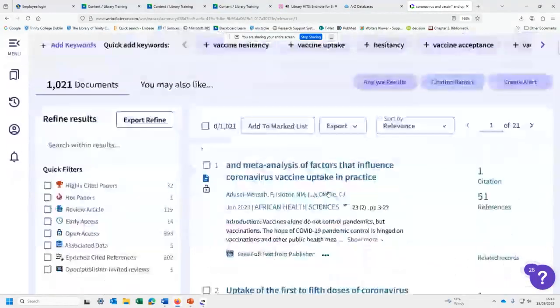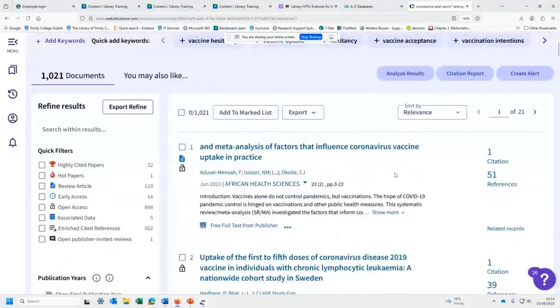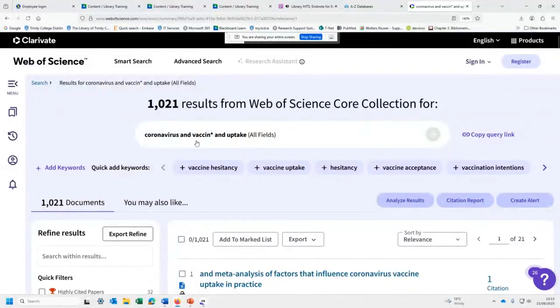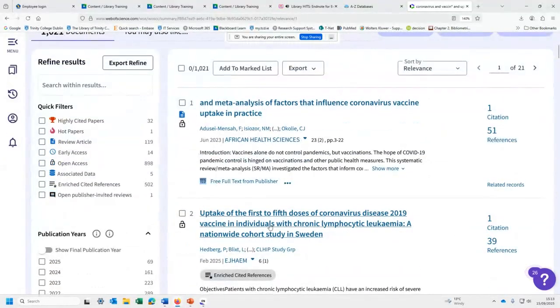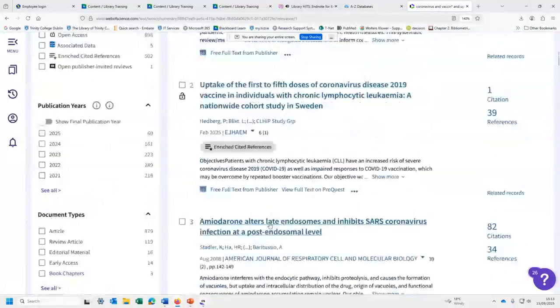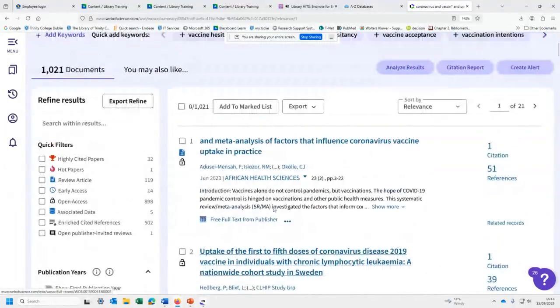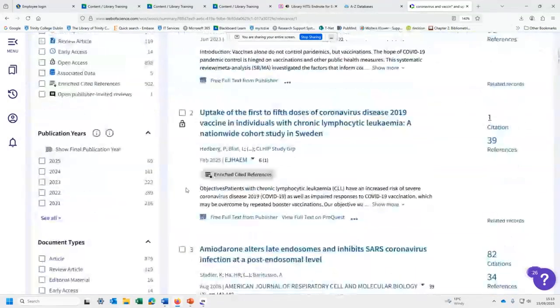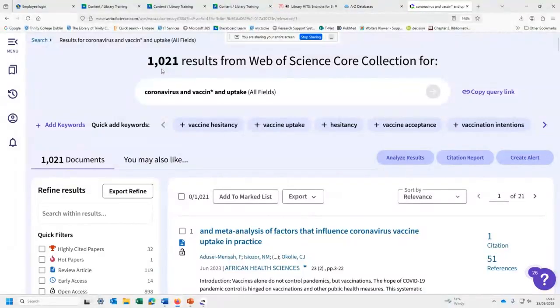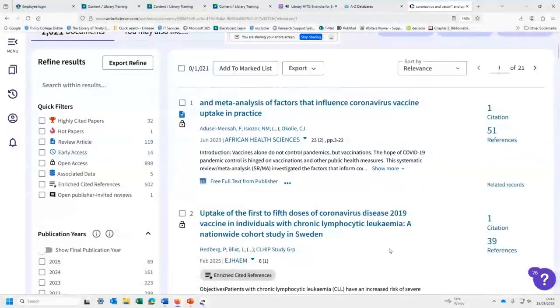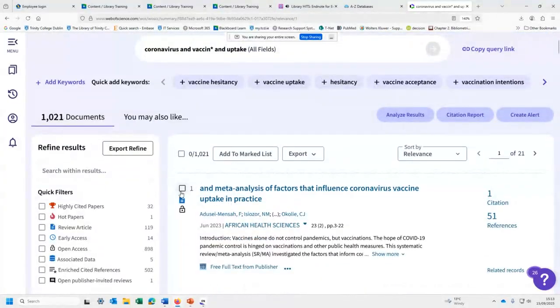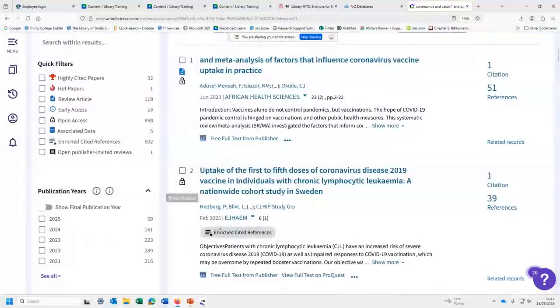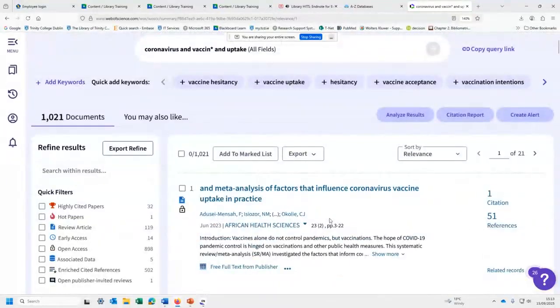It's found 1,000 results. Okay. And these are the results. So this is the same for any search you will do yourself: you put in your search and you will get a series of results listed below. Now, where EndNote comes in is what you want to do. Do you want to take all these results? You could take all 1,000, and if I was doing a systematic review, I would take all 1,000. Maybe you're just doing a topic where you just need a couple of relevant articles, and again, you get that option. You can tick the boxes beside them. And yeah, there's various different things you can do.